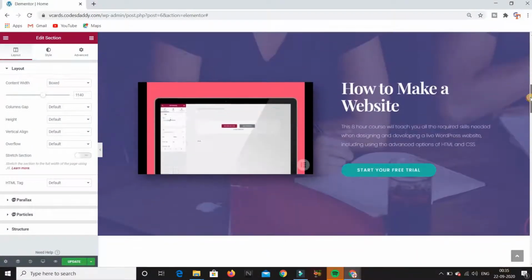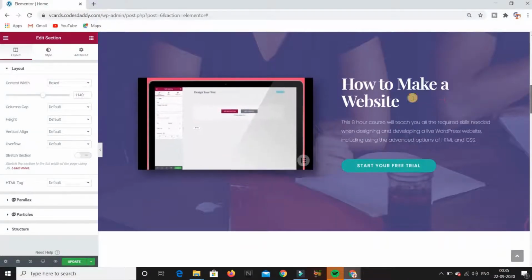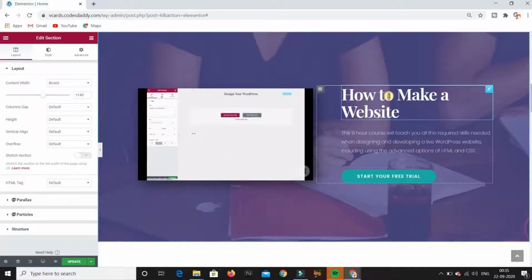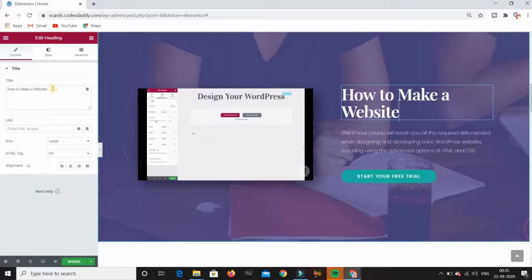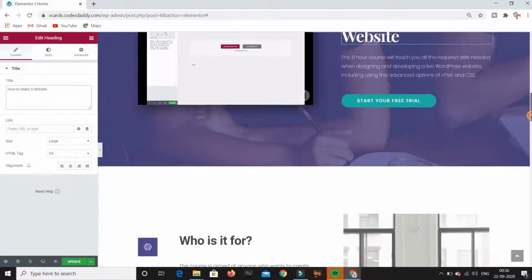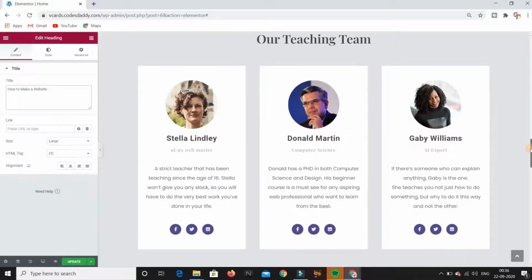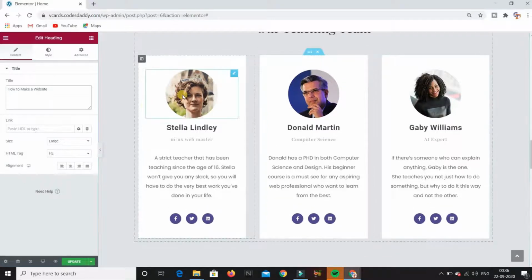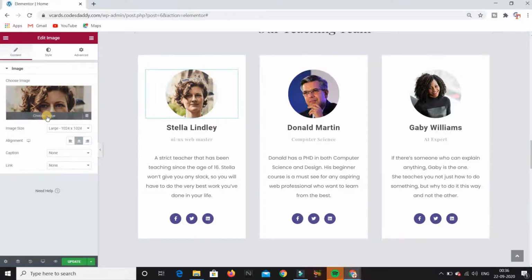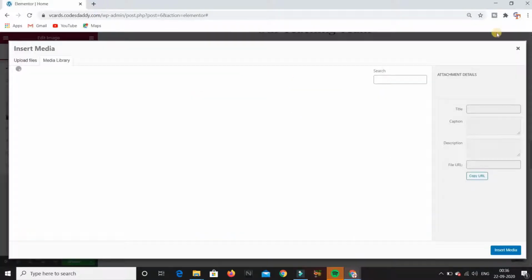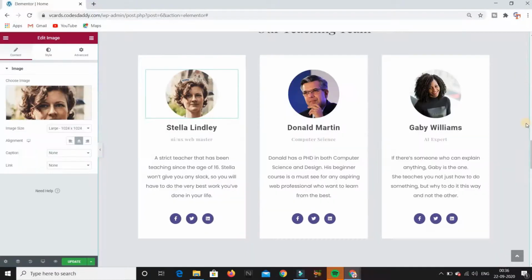As you can see, now our new website is looking like this. And if I want to change this text, I can also change it here. I just click it here, and whatever text you want to enter, you can enter it here. To see further, you can see that the complete template has been integrated. If you want to change the photo of this bar, just click it here, and whatever photo you want to insert, you can select it, and I will keep it right here as it is.